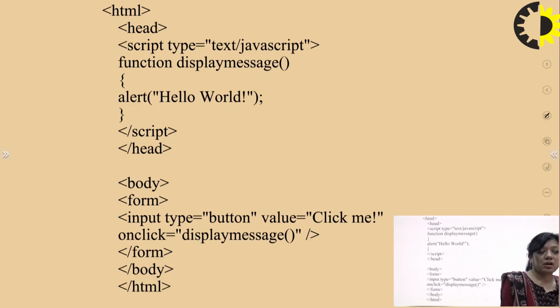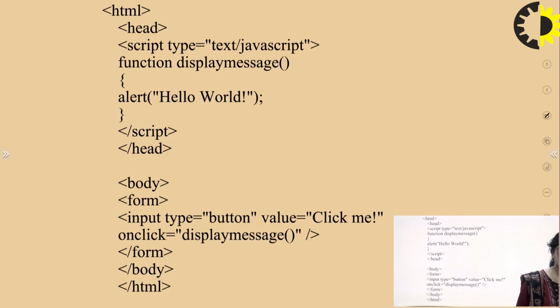In the body tag we make a form tag, and in the form tag we use the input type. The input type would be button, and the value would be click me, and after clicking the button my message should be displayed, and the message should be hello world.